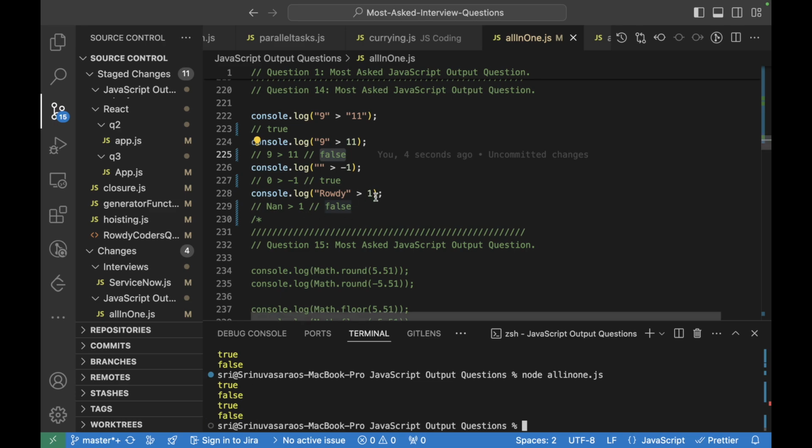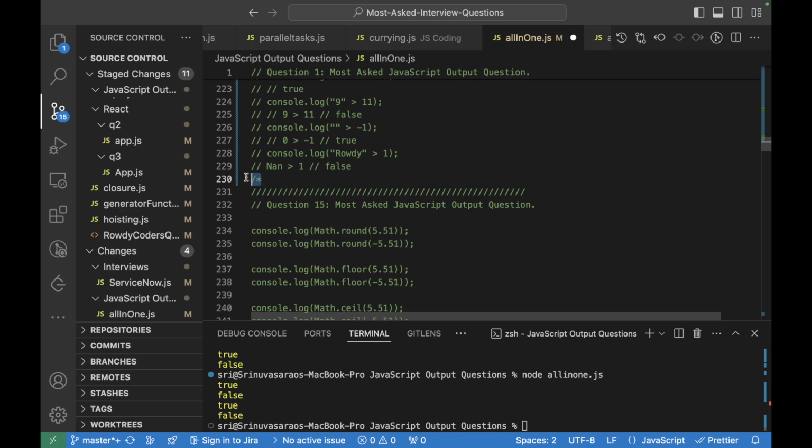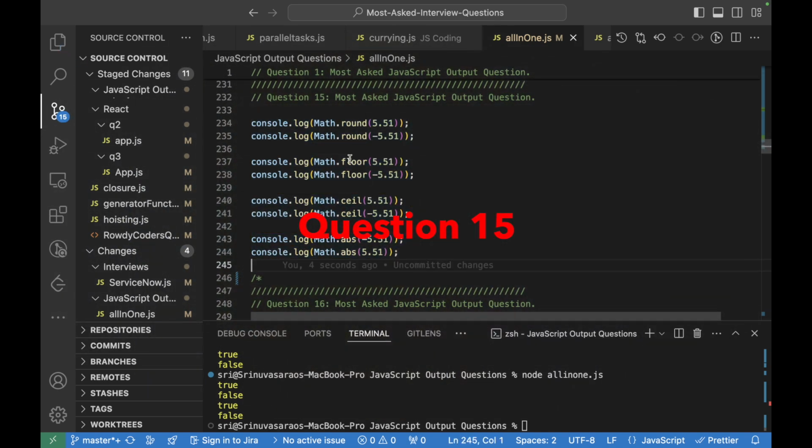Let me comment these, and let's guess the output of these. So here these are a few of the important methods that we should try to know.